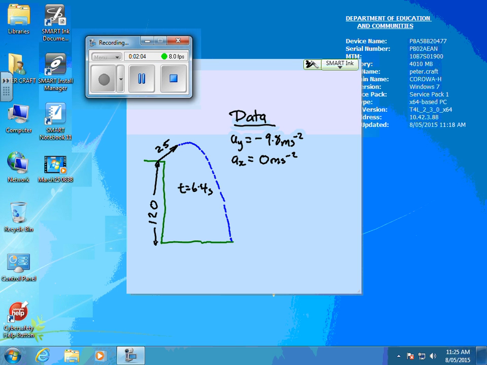We know the initial speed is 25 metres per second. We also know the time is 6.4 seconds, and delta y, it's not its maximum height, but the height difference from where it started to where it finished, is 120, but